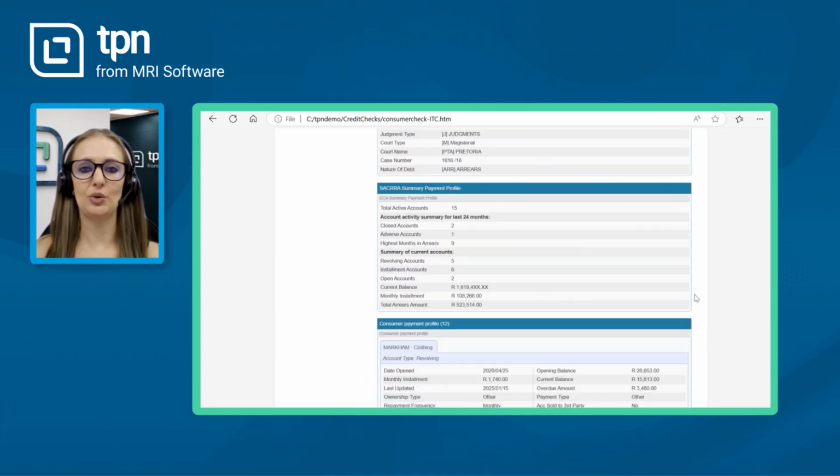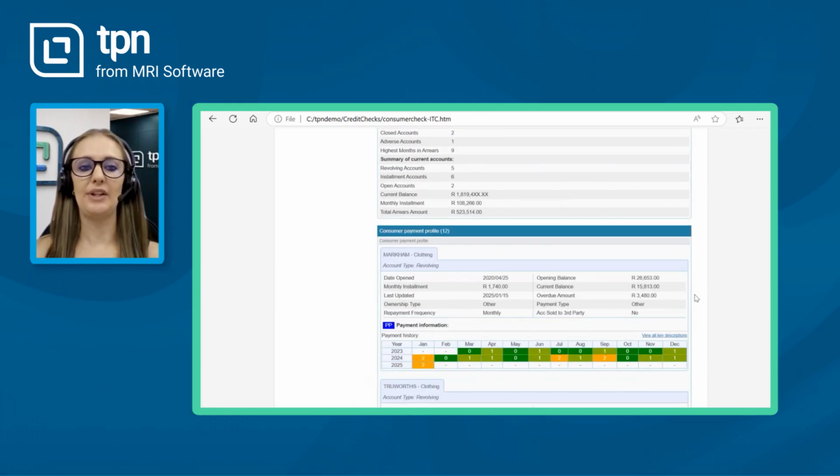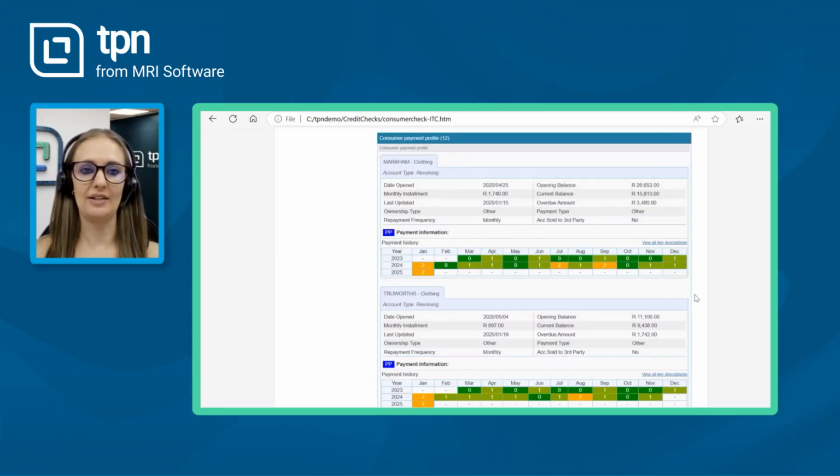As you continue to scroll down on the report, it will then provide you with the SACRA data. On this example, we can see that there is a Markham's clothing account. We can see the monthly installment, and it will also display whether or not there are any overdue amounts associated for that specific account.